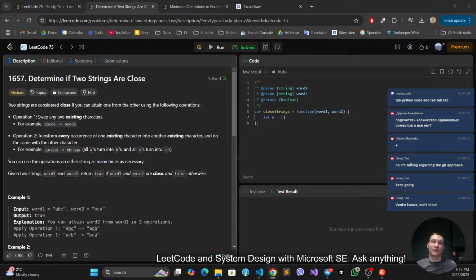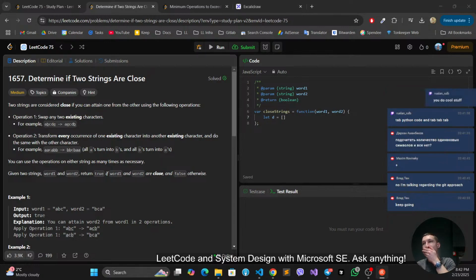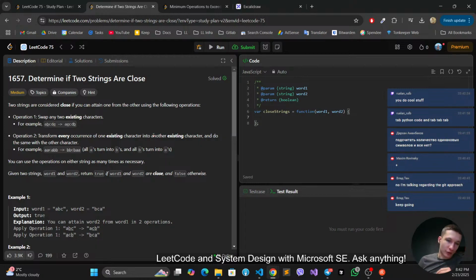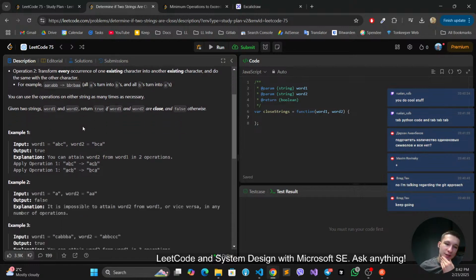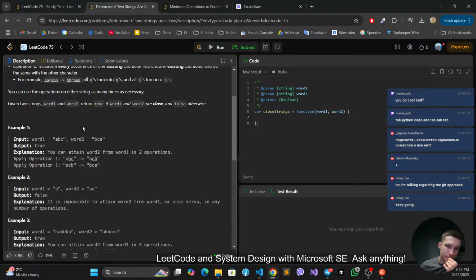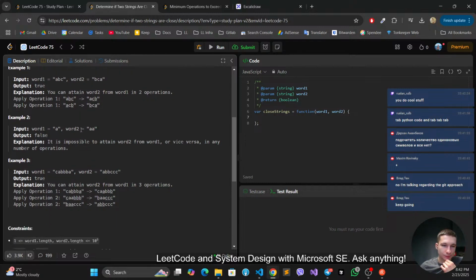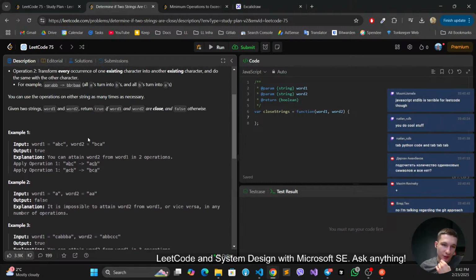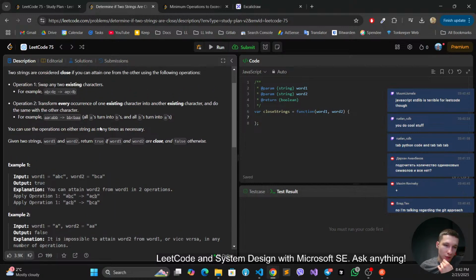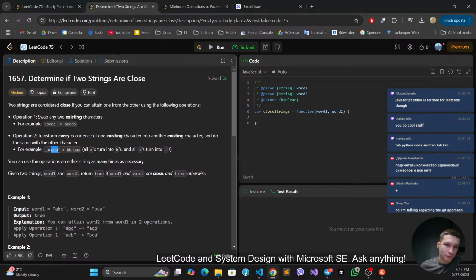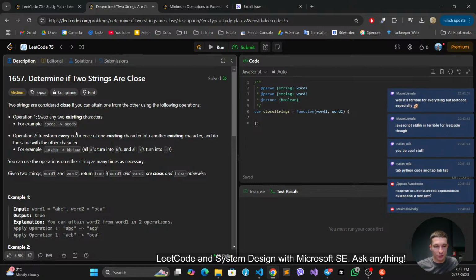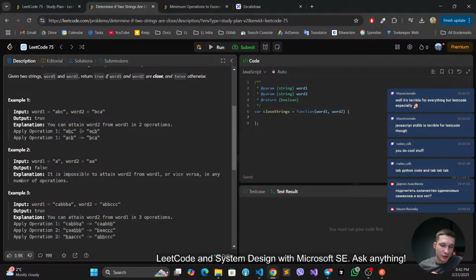Yeah, so let's first solve the problem, and then we will get back to the questions. So first of all, operation 1 tells us that we can rearrange the string the way we want, so we can swap as many times as we want. And operation 2, when we can swap the occurrences of the characters between each other, it basically leads us to the